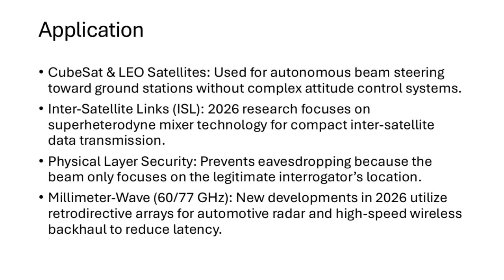The next thing is the application part of this retrodirective array. Here there are 5 different applications. The first is beam steering toward a ground station without a complex attitude control system, used in practice in CubeSats and LEO satellites. The next is inter-satellite links. The third application is physical layer security. And the fifth application is millimeter wave application. So the next thing is